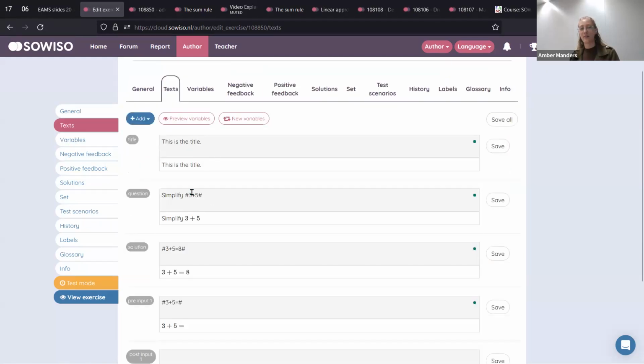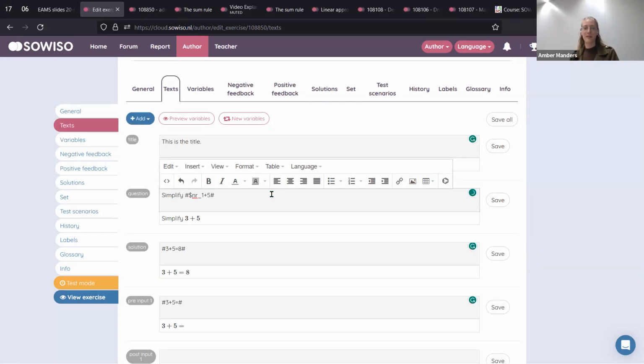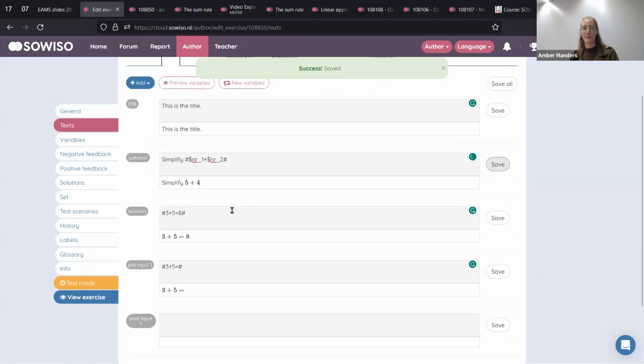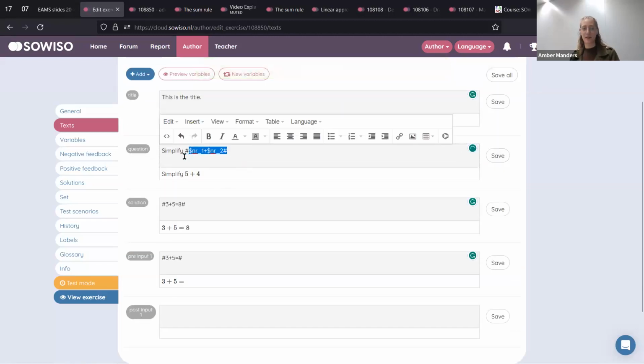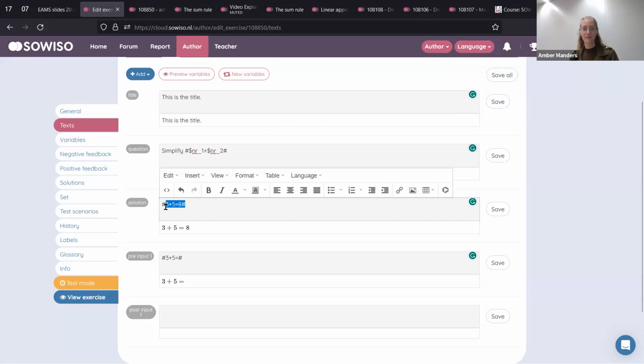So everywhere where it says 3, we have to change it to number 1. And everywhere where it says 5, we have to change it to number 2. Like this. We did it for the other fields as well. So this is equal to solution.